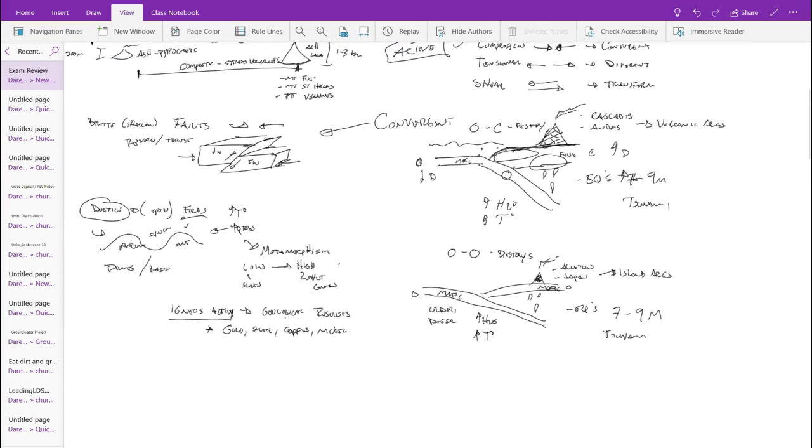Okay, now we're going to finish up the last one just because of time, on our next group, which would be our continent interaction. But these are the active